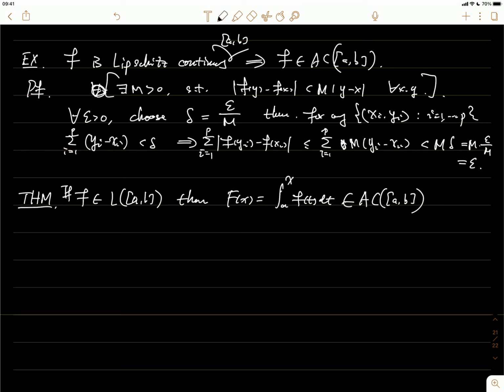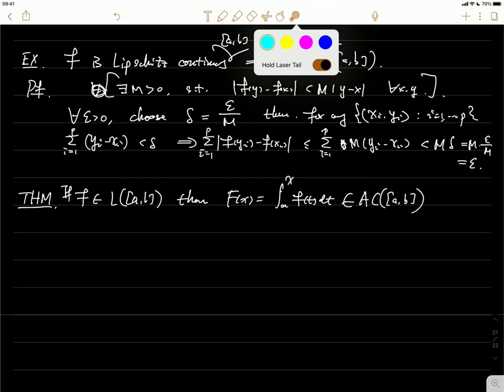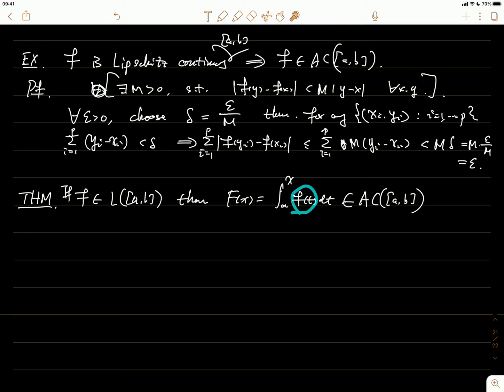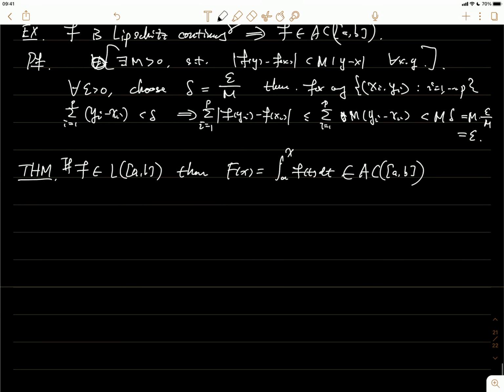Okay, so this is in contrast to Riemann integrals. We already considered the function f that is continuous, then this capital F is differentiable, and the derivative of capital F is equal to little f. But now we only need f to be integrable. It doesn't have to be continuous, and then we can still show the fundamental theorem. We'll calculate this one later. Okay, so to prove this,